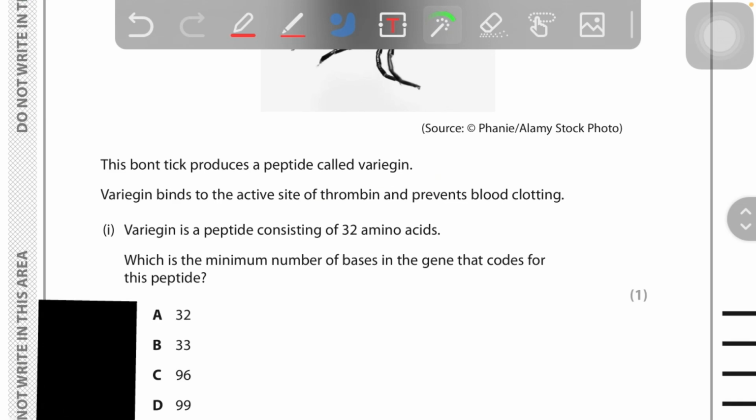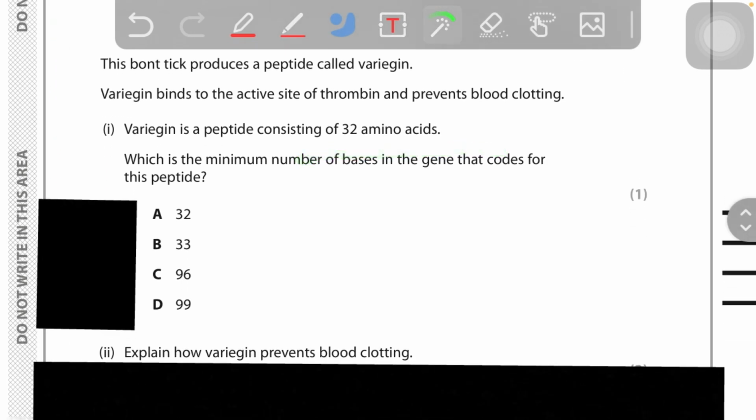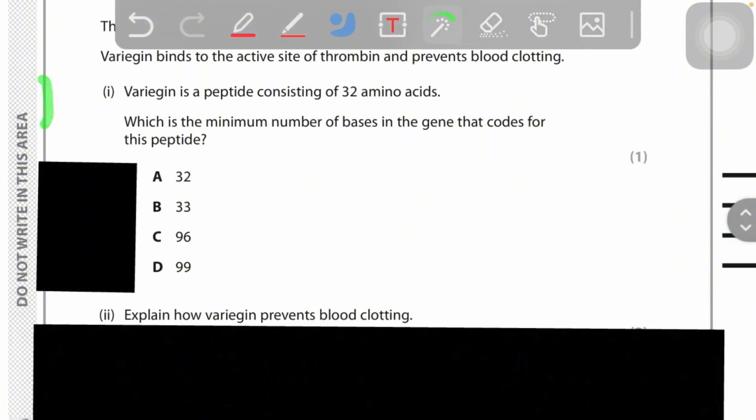Variegin is a peptide consisting of 32 amino acids. Which is the minimum number of bases in the gene that codes for this peptide? So it contains 32 amino acids, right? So three bases are required for one amino acid. So the answer will be D, 99, because three